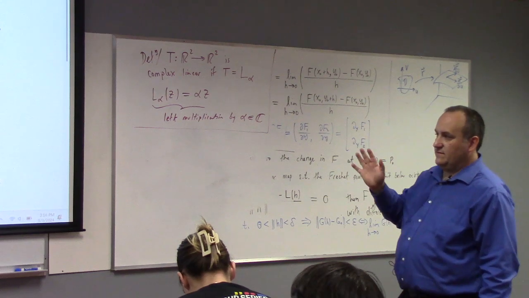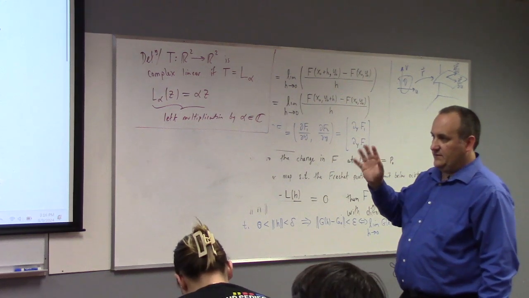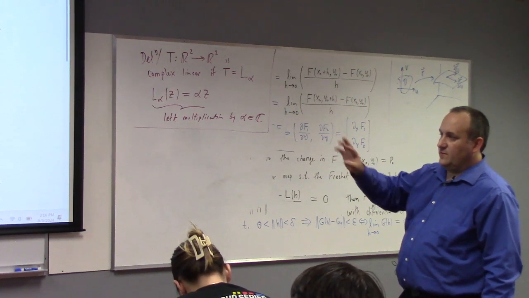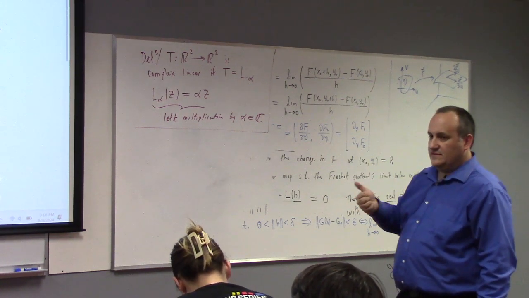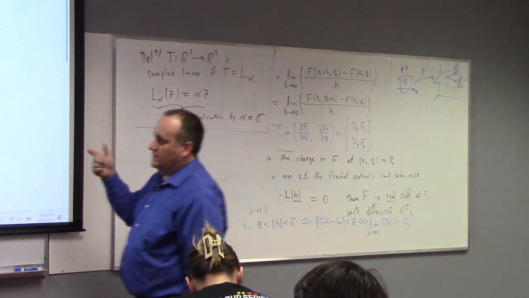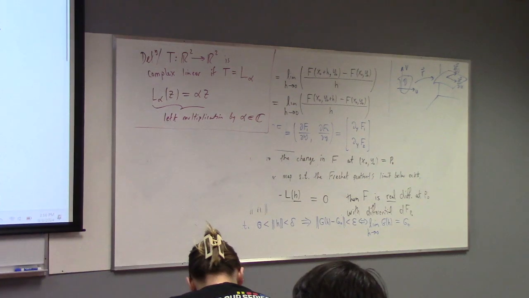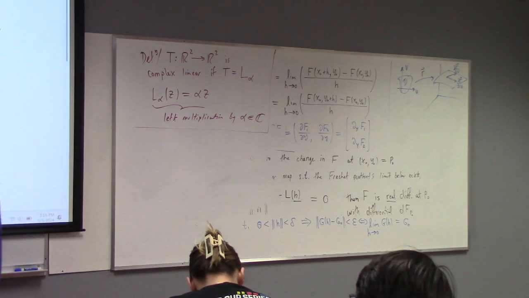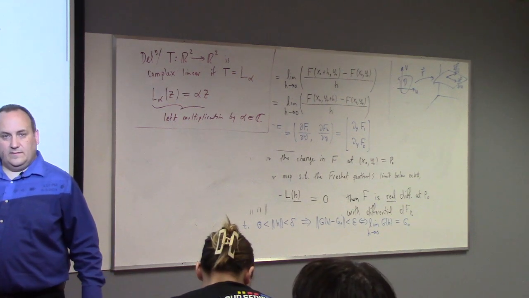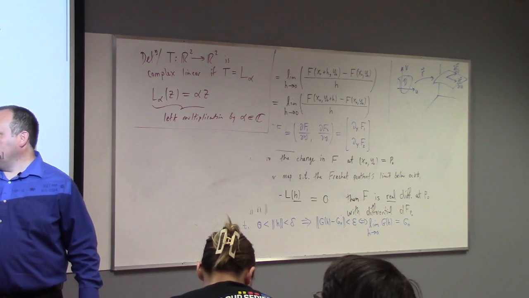I think we have all of the necessary definitions. Now we can try to prove the theorem. The theorem is that these four things are equivalent: T is complex linear, that you can pull out complex scalars from the input, or that the standard matrix of T has this special form, or that